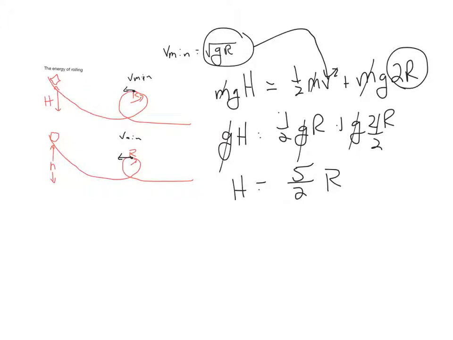So now we have to look at when this object is rolling. Just going to get rid of that. You can always go back and look at that. All right. Now, same situation. We're just saying this is little h. Still r. Still looking at the top. So, if we release this from rest, and then the ball is going to rotate and roll through that loop,